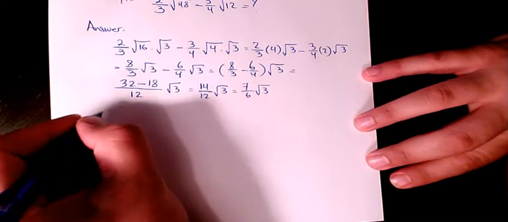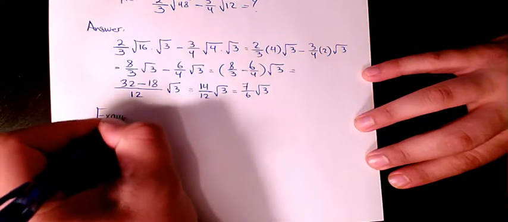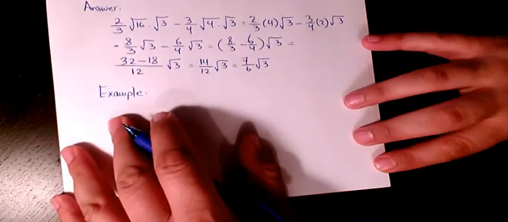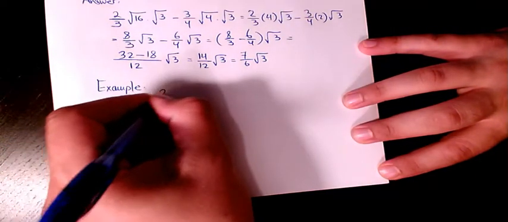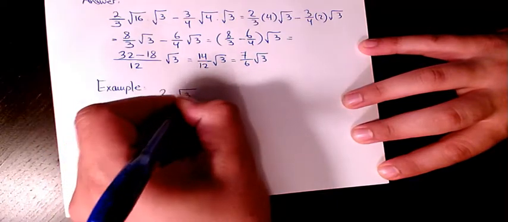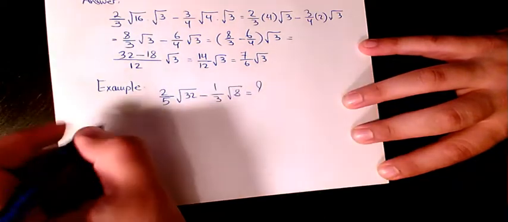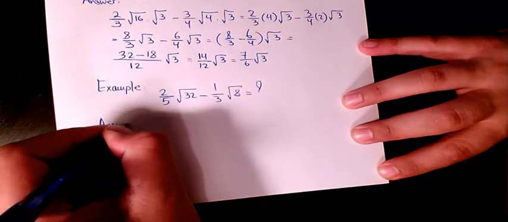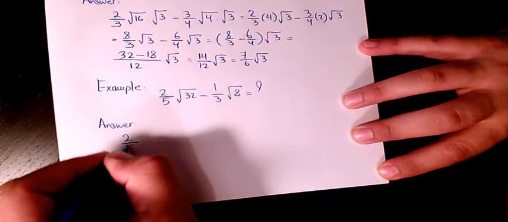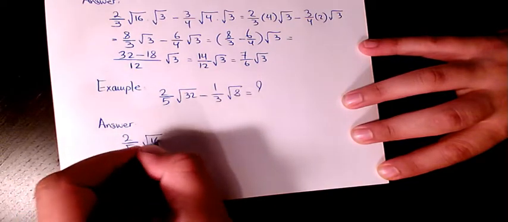Next example is 2 over 5 root 32 minus 1 over 3 root 8. The answer is 2 over 5. 32 is 16 times 2,